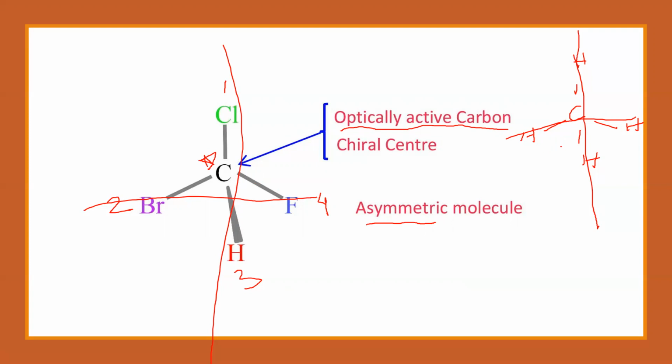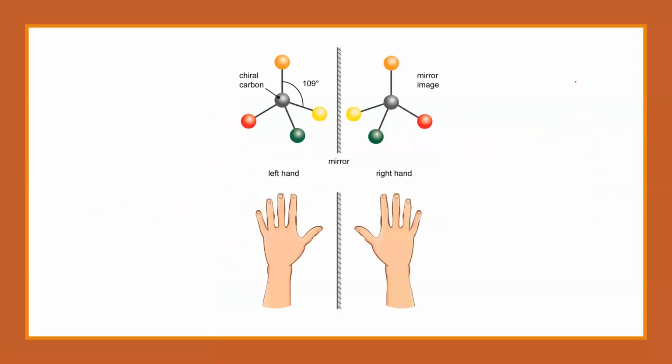Now, even if I have two different atoms, again it can lead to symmetry. Say this is X, this is Y. I can still break it here to make this symmetrical. When will a compound become asymmetrical? Only when the carbon is bonded to four different groups. Clear? So if a carbon is bonded to four different groups, it becomes asymmetrical, and we call that particular carbon a chiral carbon or an optically active carbon. Clear? All right. Now let's understand this.